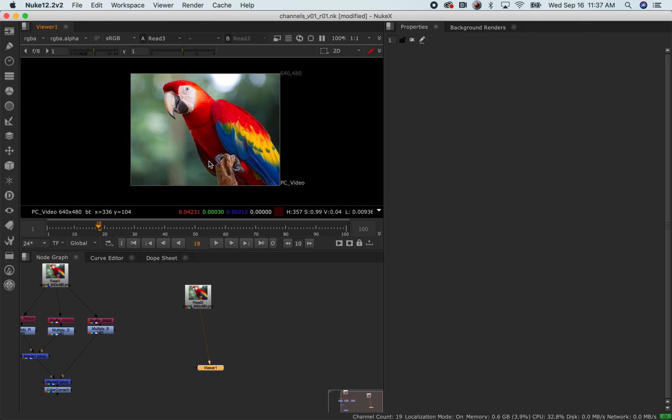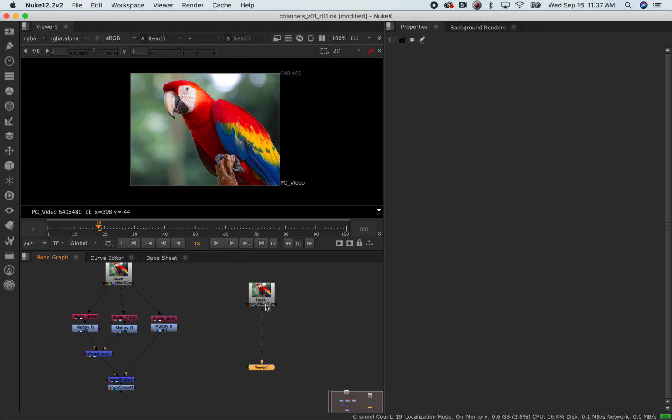All right. So as I said, if I hit RGB, these are just representations of the red, green, and blue channel, mapped from 0 to 1. But how can I manipulate what we can think of as the red, green, and blue channel itself? I'm going to take a node called Shuffle,